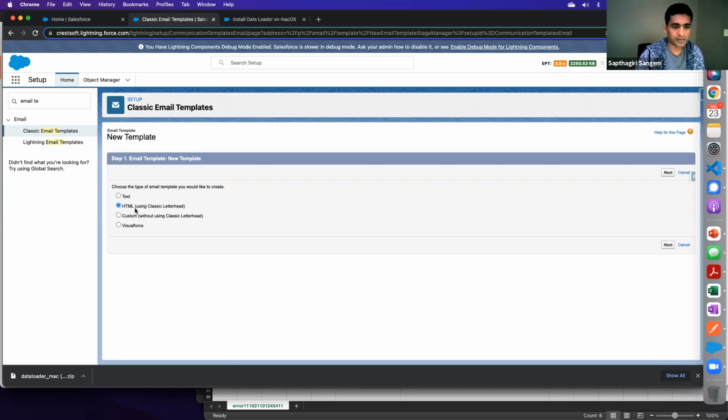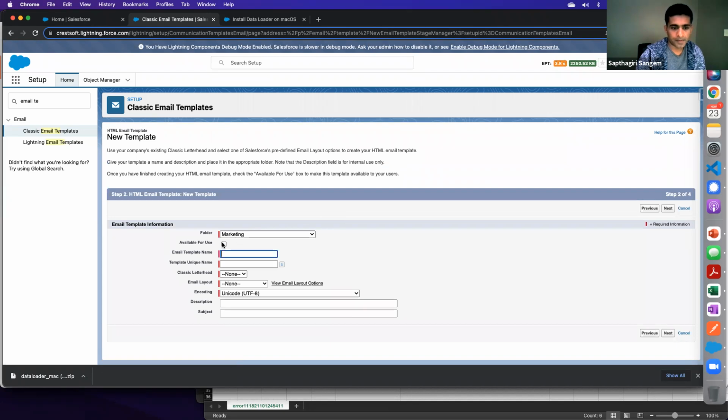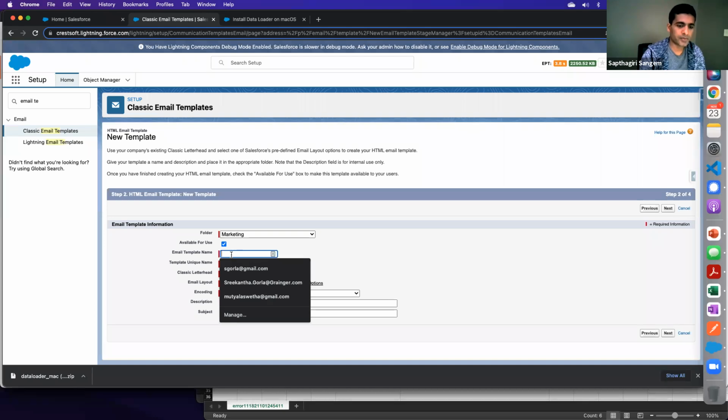And so here we are using this template, the classic with letterhead. So we are going to add some logos and all. So here we have to select this guy. This is important. If any end user wants to use it, this should be selected. And so for this email template, let's call